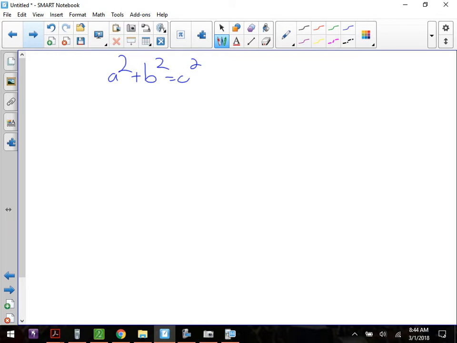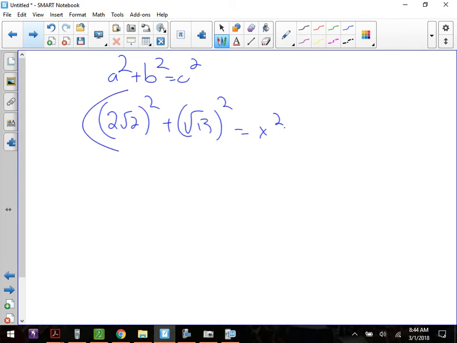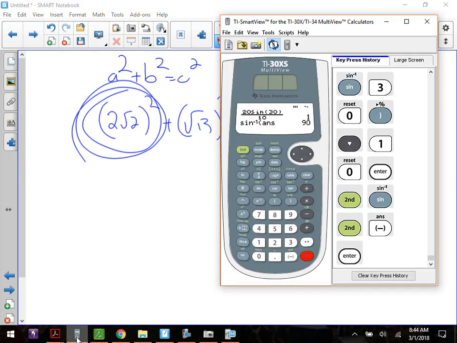So 1's easy. 2, on the other hand, you have 2 root 2 squared plus root 13 squared equals x squared. Right there is where most of you screw up. Whenever you have a number in front of the radical, you have to put it in parentheses before you square it. Because remember, guys, 2 root